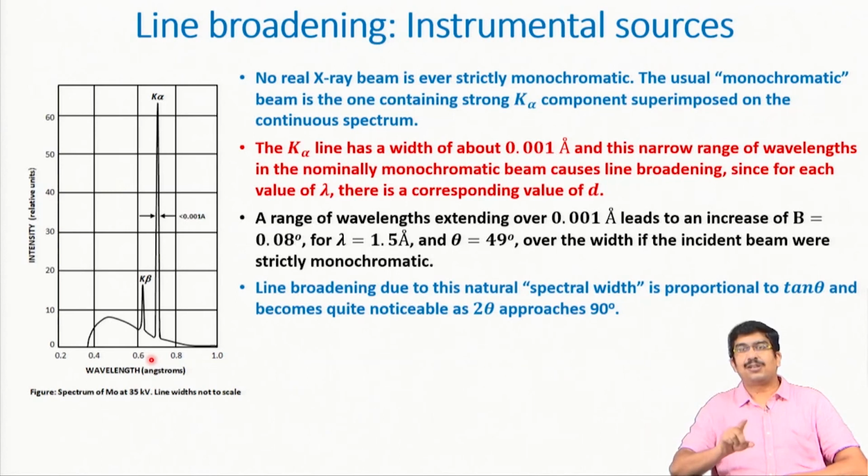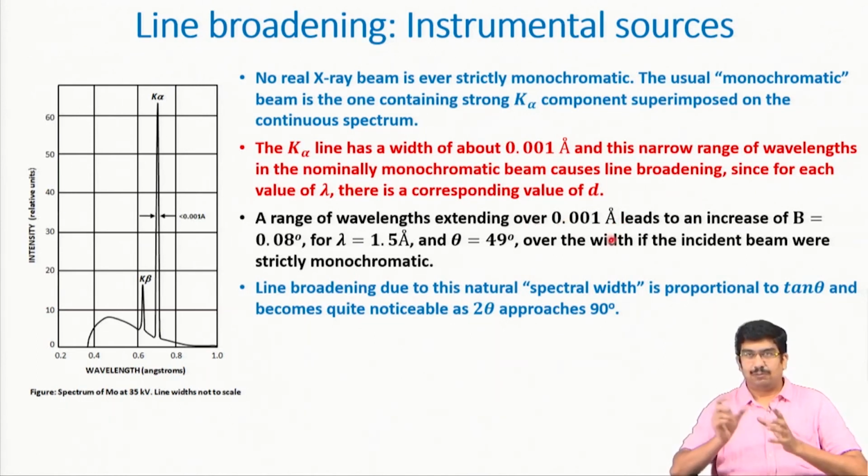of amount. Just because lambda is within a range, we are not getting a perfectly monochromatic beam, we are getting it within a range. Our peaks, X-ray diffraction peaks, will also get slightly broadened because of this instrumental source. Now, if we put some values to understand how much broadening we can expect from this, we put something like 0.001 angstrom for this perfectly monochromatic beam, the wavelength range,